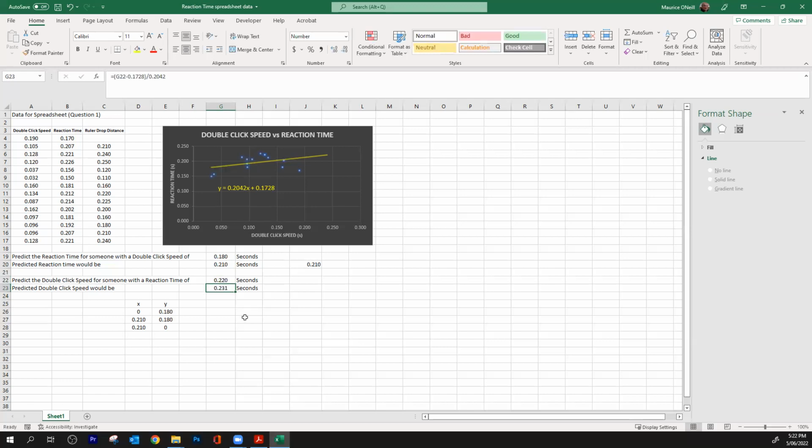0.22 is what we were after. Or similarly here, if we put double click 0.231, double click will give you 220. So yeah, I think we're all good. 0.18. Okay. Yep. Right. So now what we do with this here is we add that to the graph, and